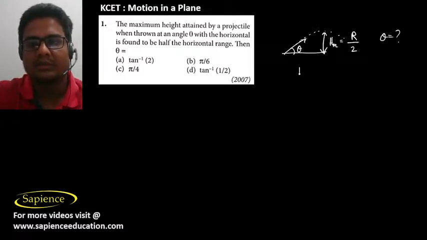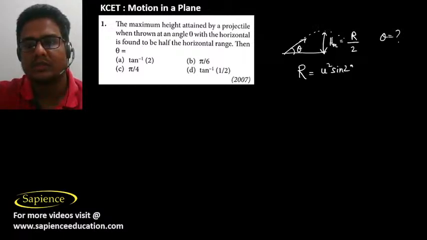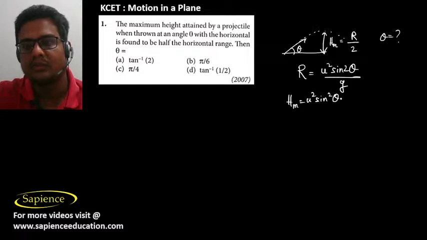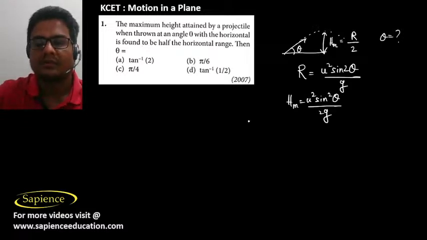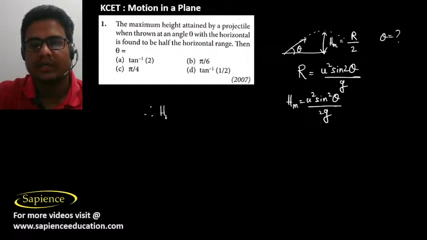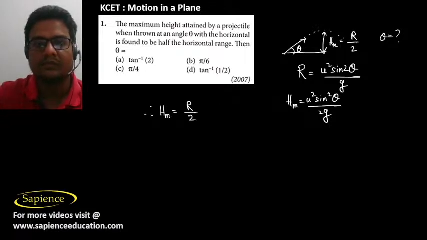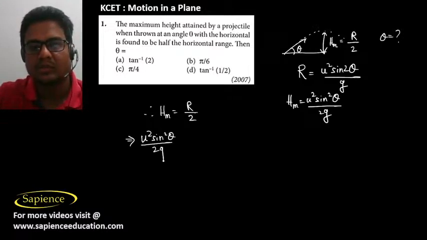So we know that the range of a horizontal projectile is given as u square sine 2 theta by g, and the maximum height is given as u square sine square theta by 2g. Therefore here the maximum height is equal to half of the horizontal range. So we can say that u square sine square theta by 2g will be equal to